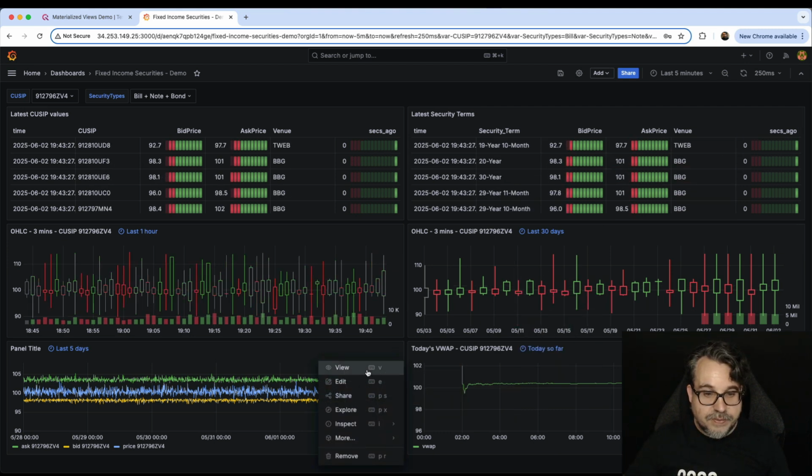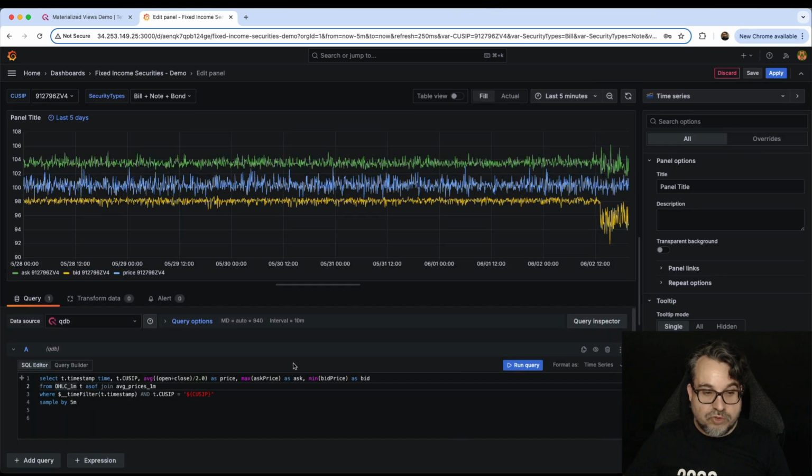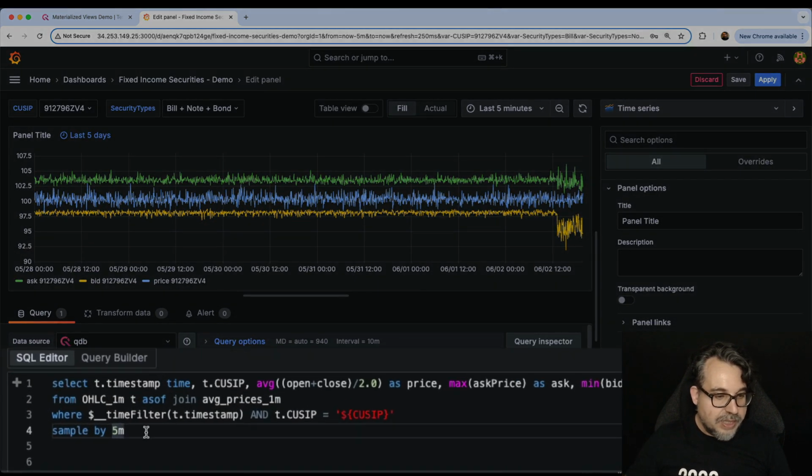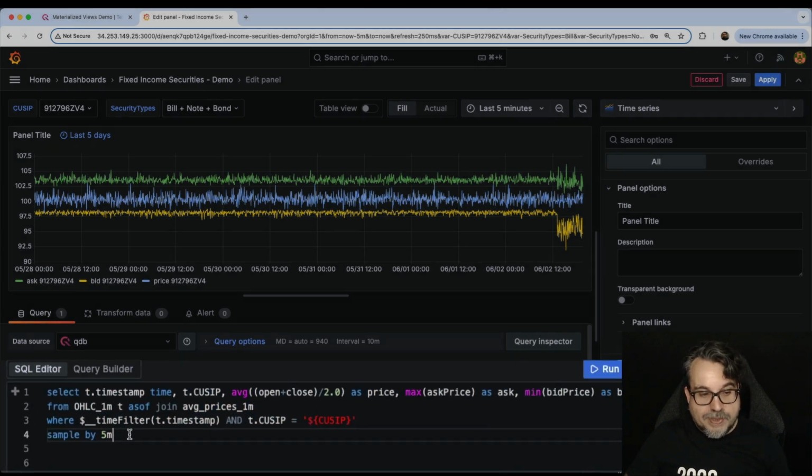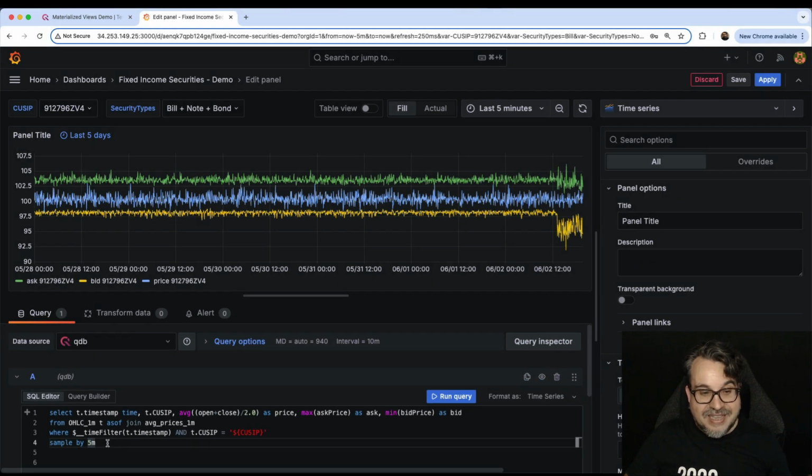This query here is a bit more interesting to me because in this one, I'm going to make this a bit bigger. In this one, I'm actually doing a join. I'm taking the 1 minute table for the trades. I'm doing an ASOF join with the 1 minute view for the prices. And then I take the maximum and minimum price and the average price from the other table. So basically here, I'm downsampling in 5 minute intervals. So basically here, what I'm running is a join.